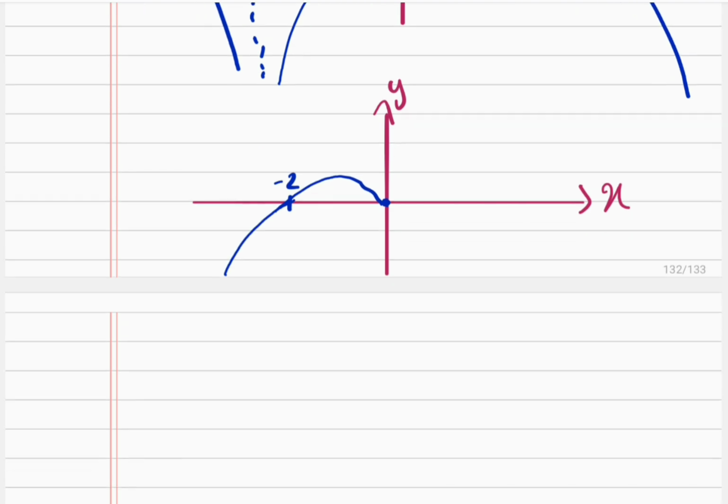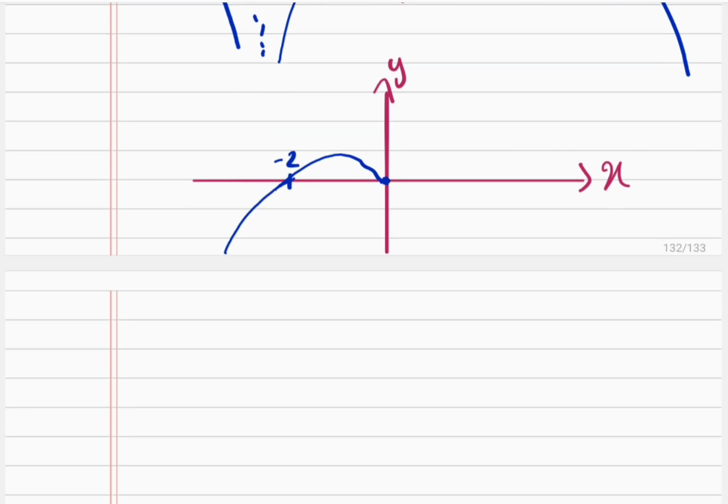If we don't take the asymptote into consideration, we could just say, okay, because the gradient is negative, the curve should go like this because it's below the x-axis. But there's a problem with this one because this doesn't take the asymptote into consideration,